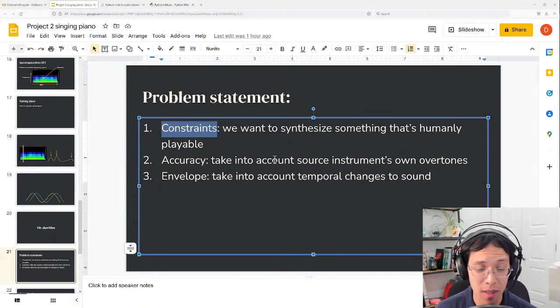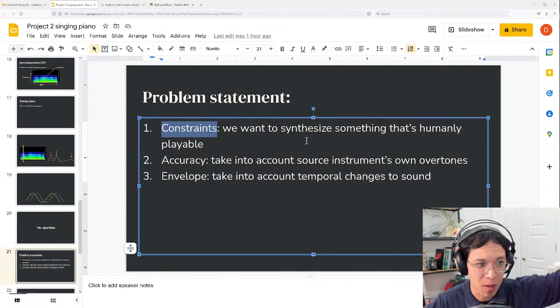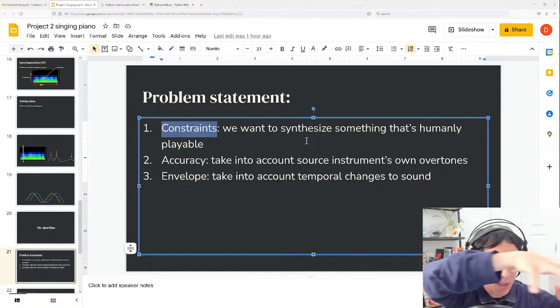We need constraints. So if you want something that's playable by a human, you can't just throw lots of notes at the problem. Right? So let's say I have a frequency spectrogram which has like 20 overtones, right? What I don't want is an output which has 20 notes, because humans only have 10 fingers, right? So you can only play 10 notes at a time, and they can't be too far apart, right? You can't have like one note down here and another note way over there, because your hand only stretches